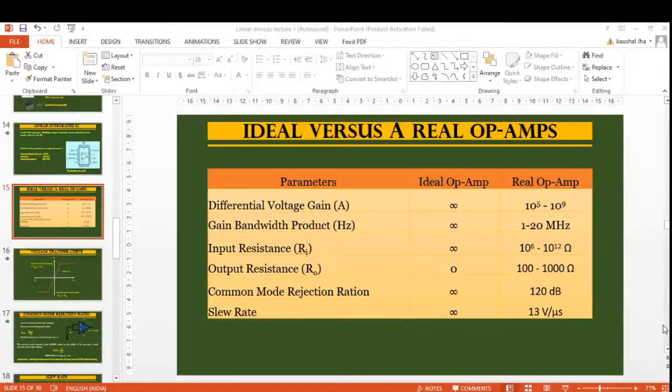The slew rate is also infinite, which suggests the output voltage changes occur simultaneously with the input voltage changes. So these are the ideal op-amp parameters,